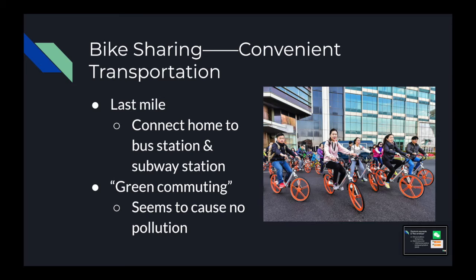While there are some positive aspects of the Chinese four new inventions, there are also some disadvantages. It's true that bike sharing is convenient transportation, solving the last mile problem. It helps people connect their home to the bus station or subway station. Bike sharing is a type of green commuting that causes no pollution at all.